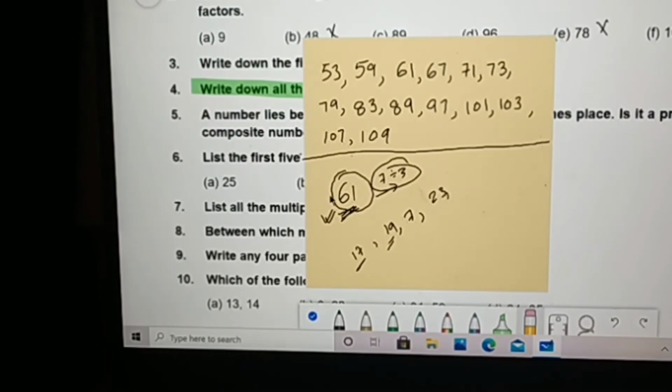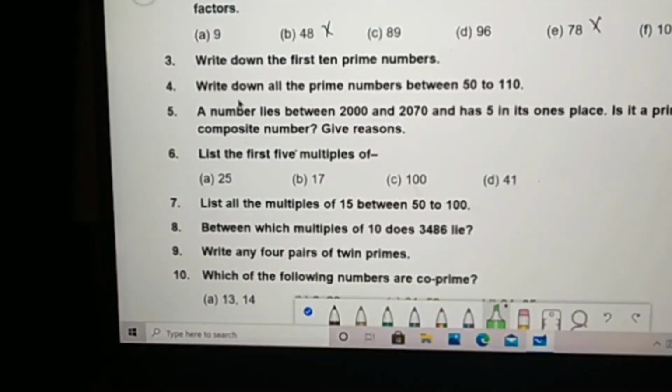It will be helpful to you in the coming questions to know which are the prime numbers within 100, or within 0 to 101. You can see here 97 is the biggest 2-digit number which is a prime, and then going in decreasing order we have 89, 83, 79. These are the prime numbers. So you have to learn the sequence. Now we have question number 5.